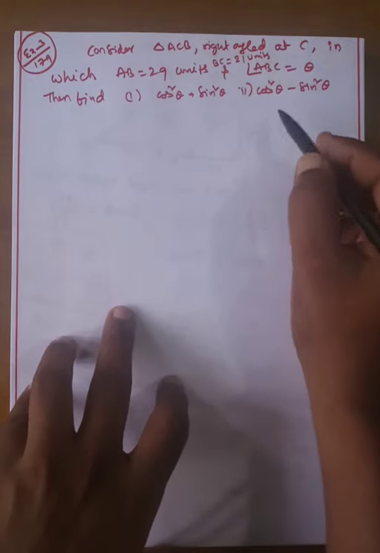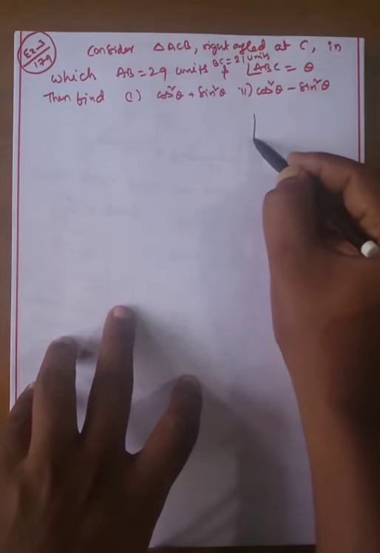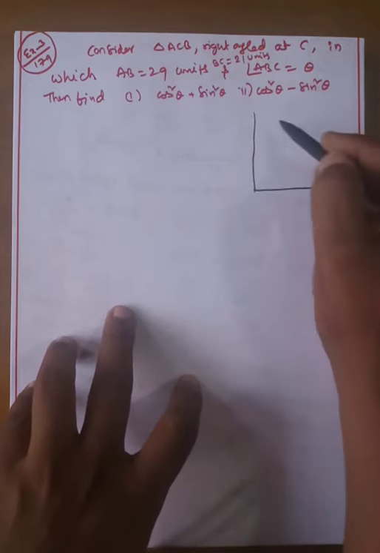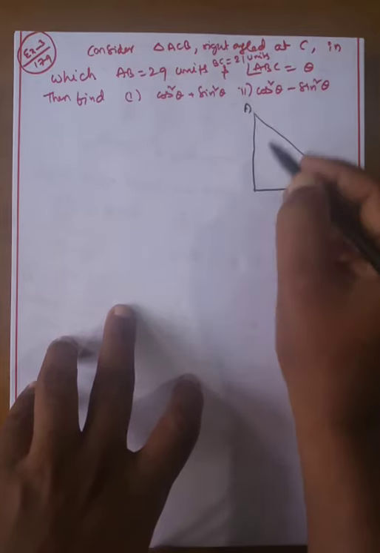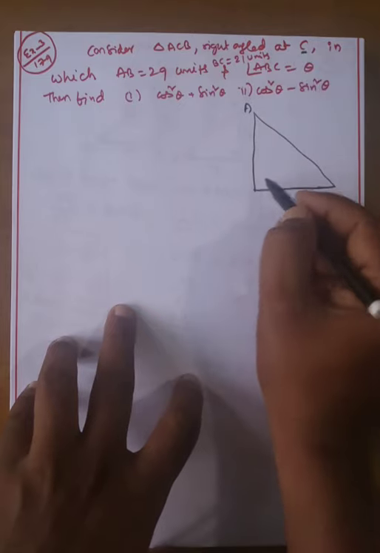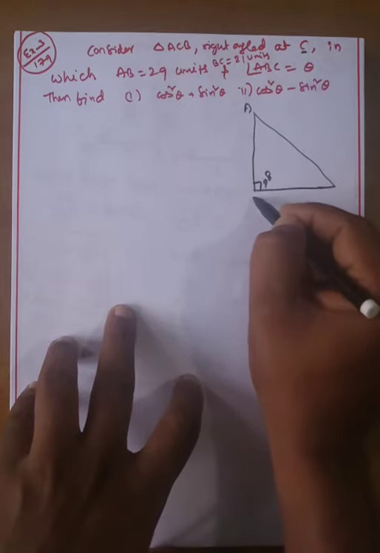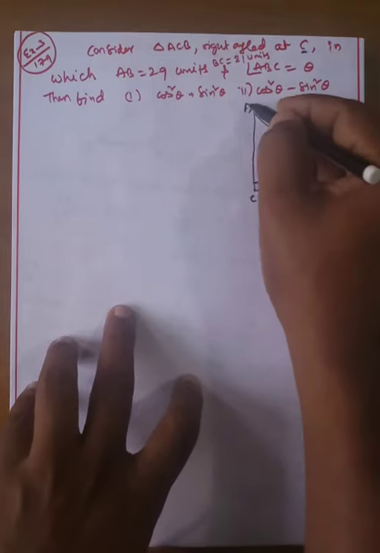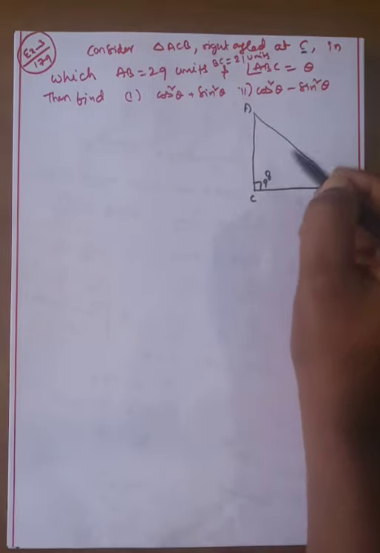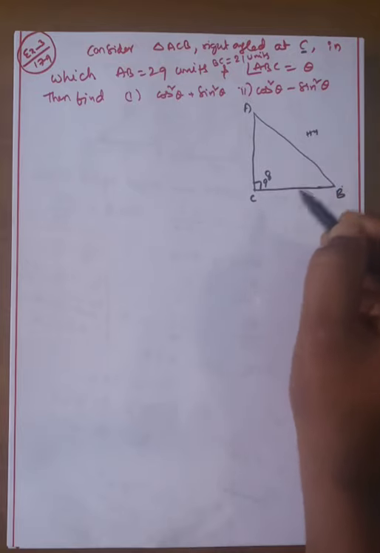Okay, my dear students, we are going to the next problem. Here considered ACB is a right angle. Now we will take the ACB triangle. You cannot take the vertices in zigzag. This is a 100% right angle at C. This is 90 degrees, means 100% here C. We will change here A, here B, no problem. ACB here or ACB here. Whenever this is 90, this is 100% hypotenuse.